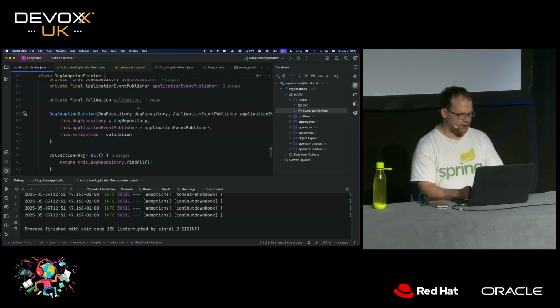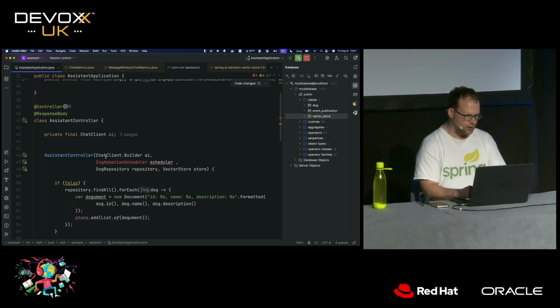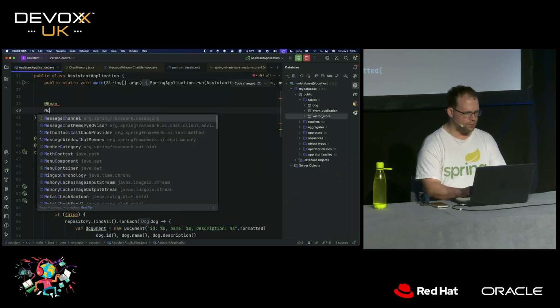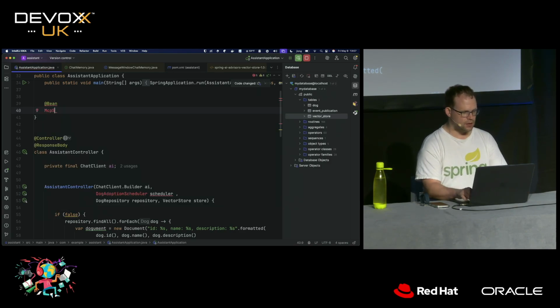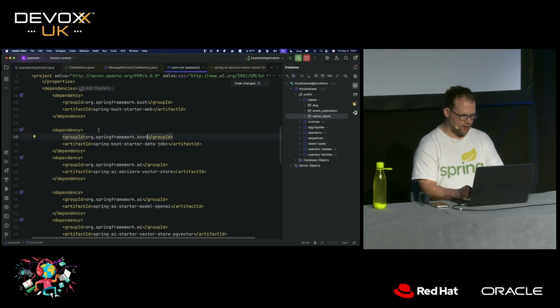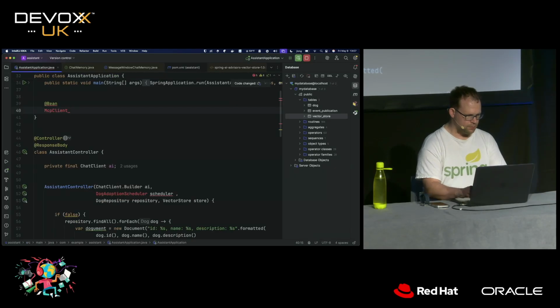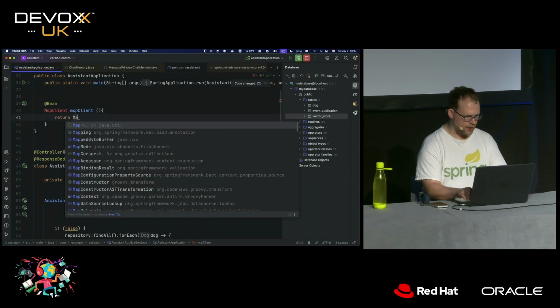So now we go back to the actual assistant, which now has a dog scheduler-shaped hole in the compilation unit, right? And we're going to point it instead to our MCP service running on port 8082. So we're going to say MCP client. Oh, we have to make sure we have the right pom.xml. I do have the right one, right? I did change the POM. Yeah, okay. So MCP client, return MCP client.